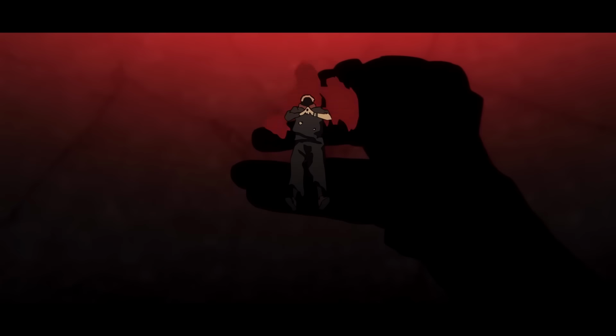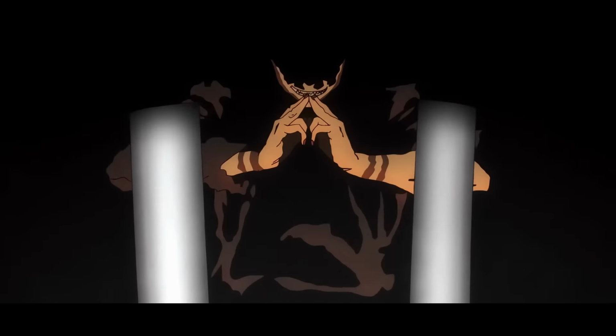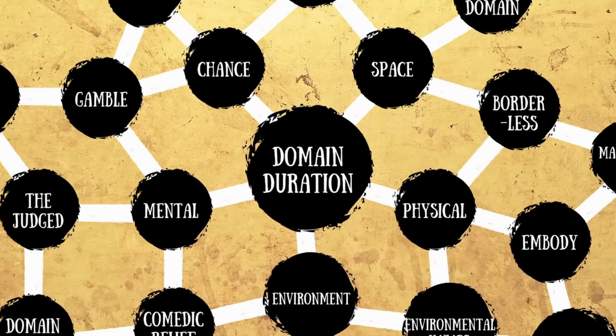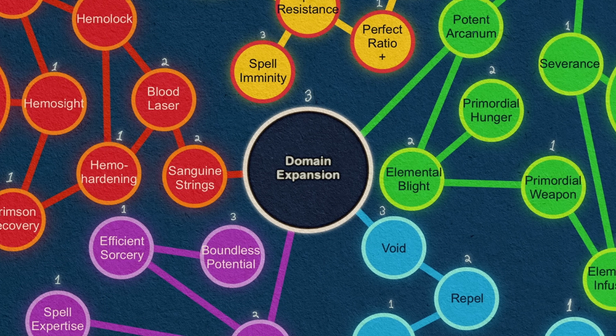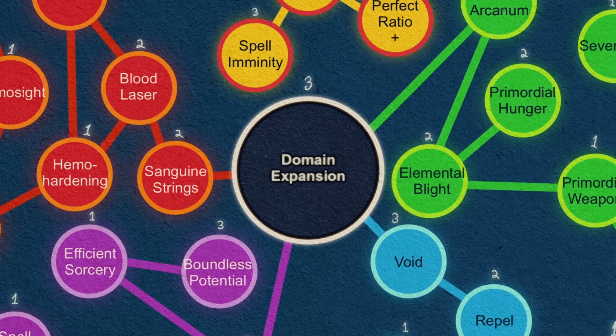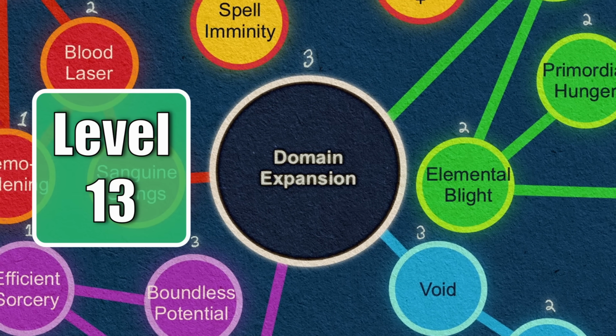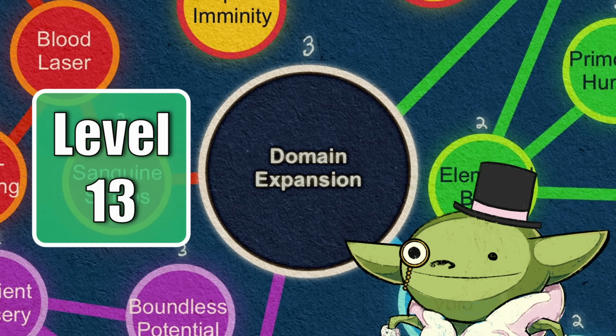But if you really want to juice it up, you're going to have to start investing in this super sexy skill tree I have made. Oh no, what a shame. Following on from my Binding Vows skill tree, you should unlock the ability to create domain expansions around level 13. And so from that point on, anytime you